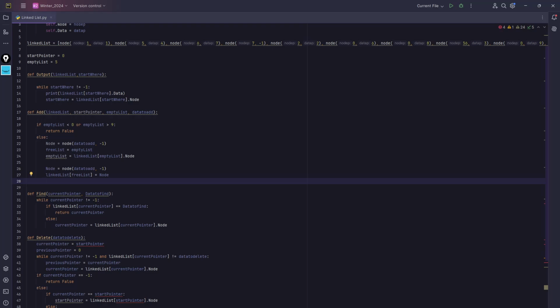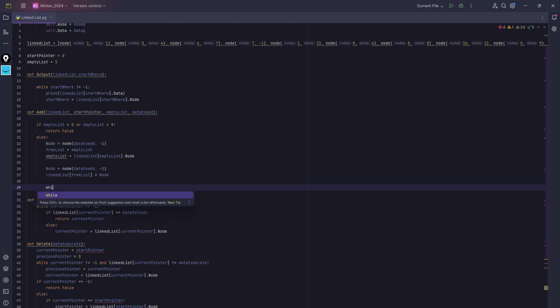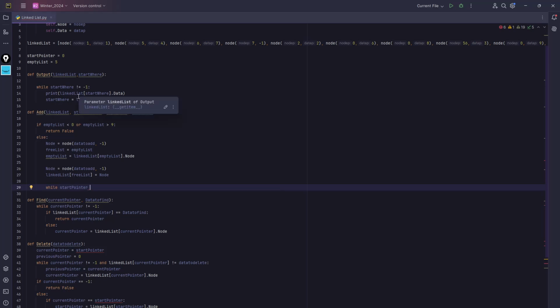Okay, so let's go ahead and do while start pointer. In our case, this is the pointer where we start searching. This is not the actual start pointer. It could be that I don't want to start from the very root pointer, I want to do it from the middle of the linked list. But logically speaking, that's how it always starts, with the very first start pointer. Okay, so while start pointer is not equal to -1,